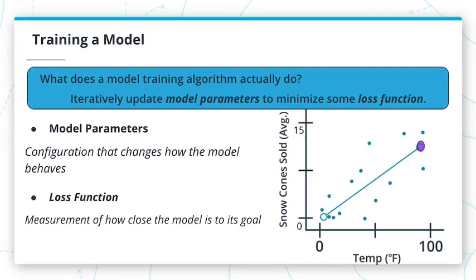Here is a concrete example. Imagine that your model predicts you would sell 12 snow cones on a day where the temperature is 95. Our historical data shows the number of snow cones sold is 15. The difference between 12 snow cones predicted and 15 actual snow cones sold, which is, as you can see, 3, is what the loss function seeks to minimize. In practice, you will likely use one of several common loss functions for most problems.